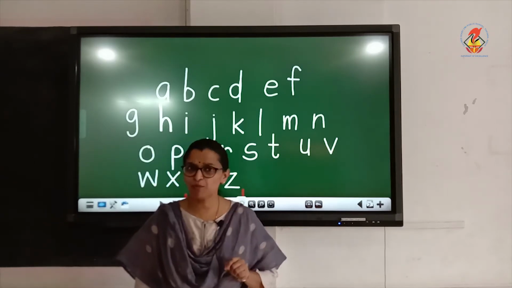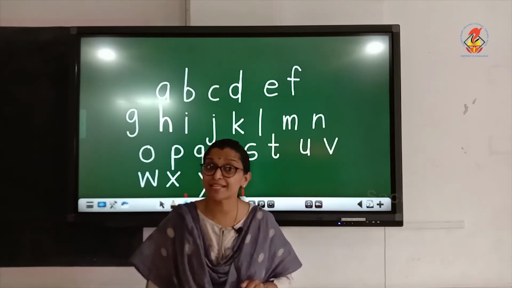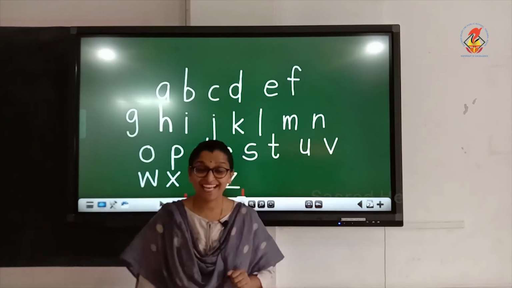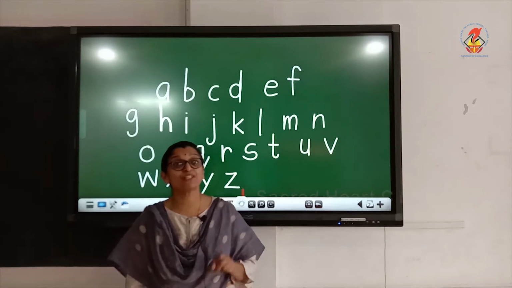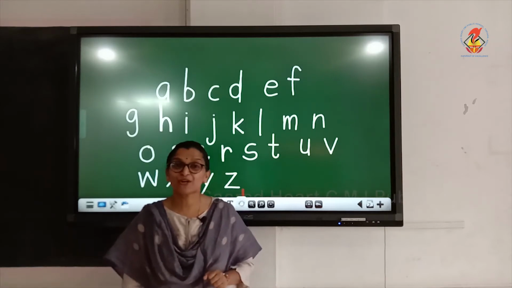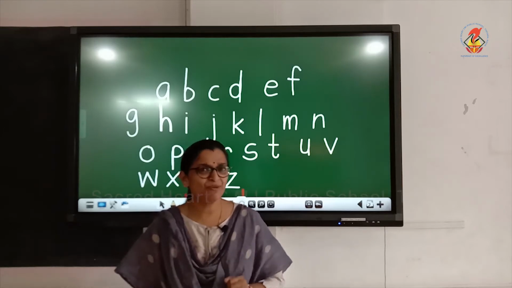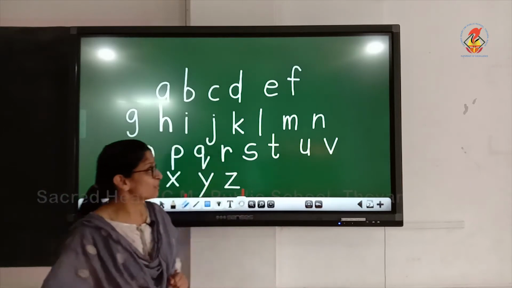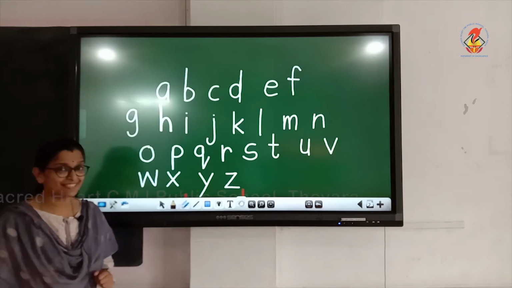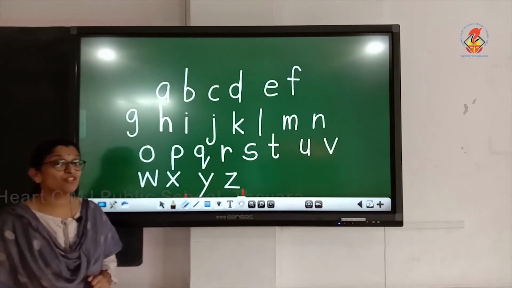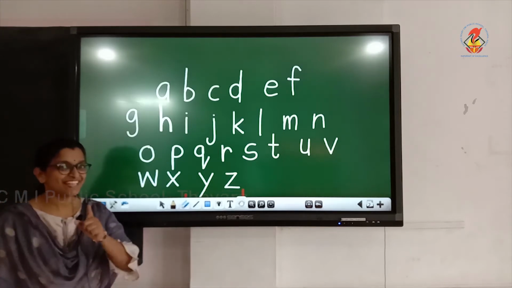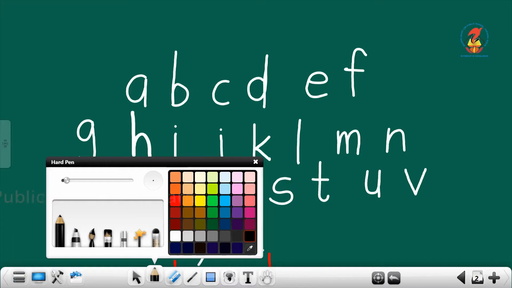The first group was with 5 letters called as the vowels, and the second group was with 21 letters called as the consonants. Now, can you identify the vowels from the alphabet? Can you tell me which is the first vowel? Correct. The first vowel is